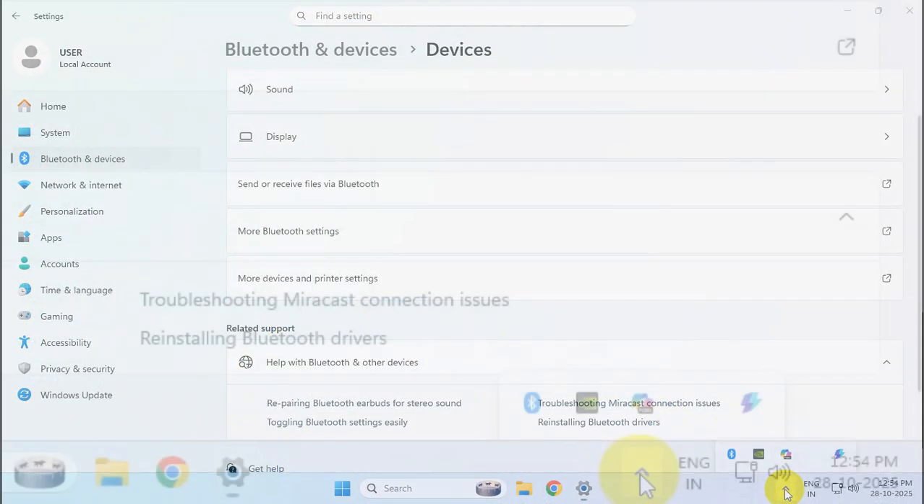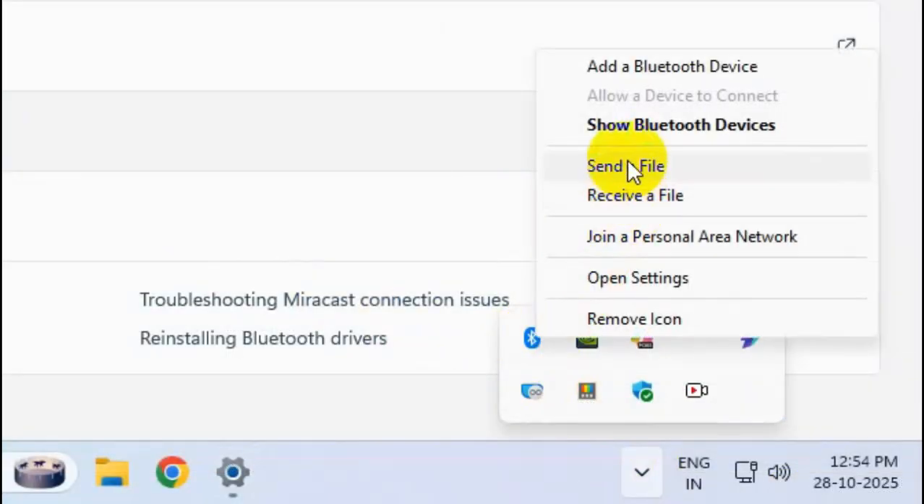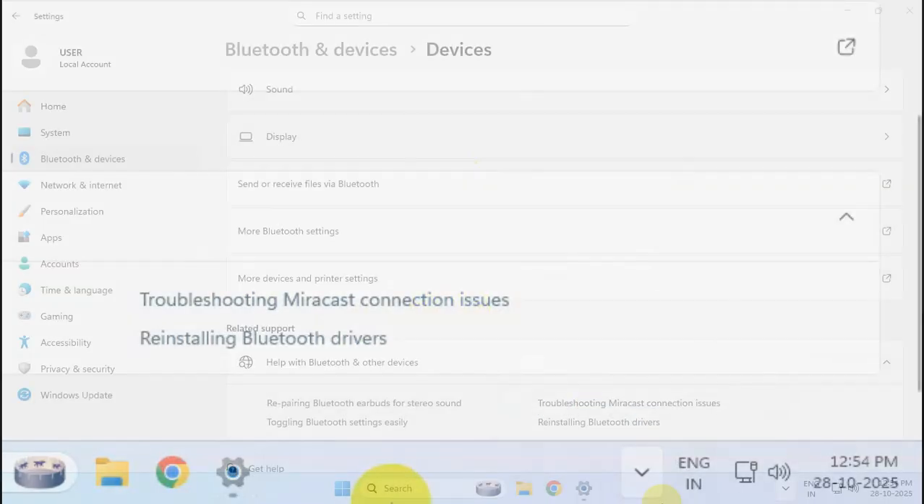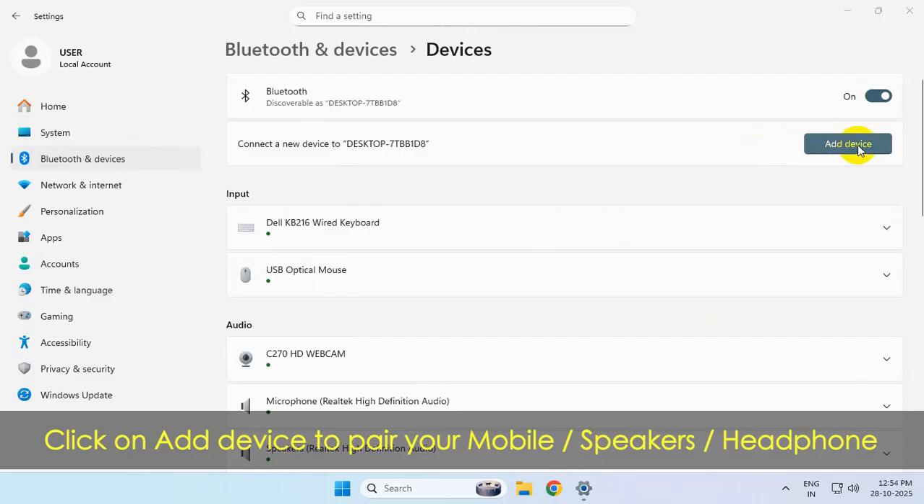Now in the taskbar, you will see the Bluetooth icon. Simply right click over it and you can send and receive files from here. Now at the top, you will get the Add Device option, which enables you to pair your mobile, speakers or